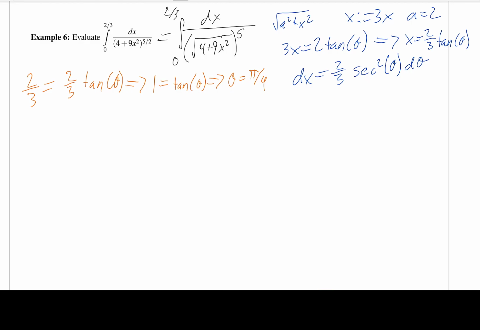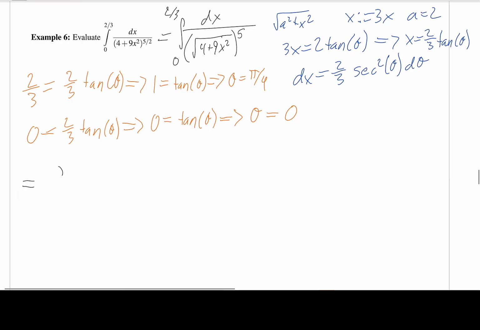Okay, then I'll have 0 is equal to 2/3 tan theta, which tells me that 0 is equal to tan theta. So theta must be equal to 0. So then our integral becomes the integral from 0 to pi over 4 of dx, which was 2/3 secant squared theta d theta,